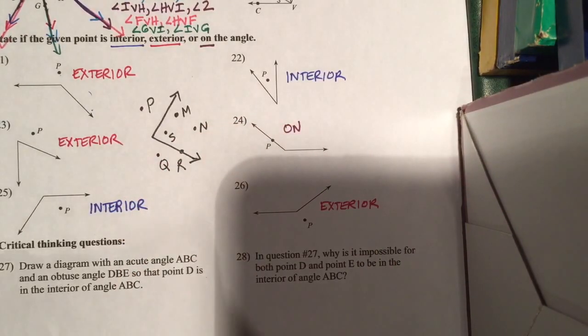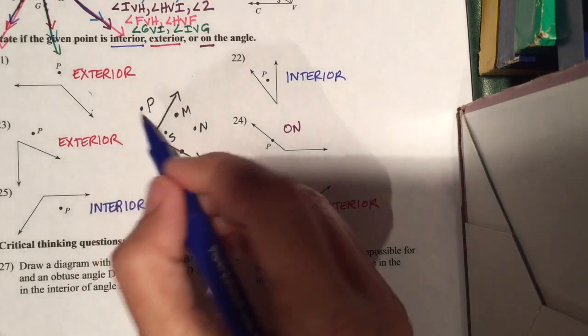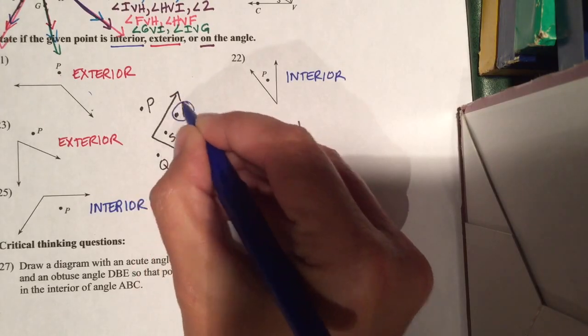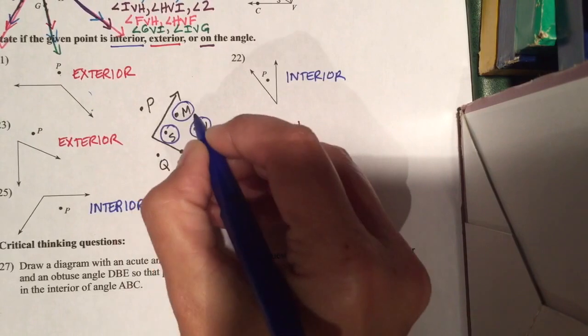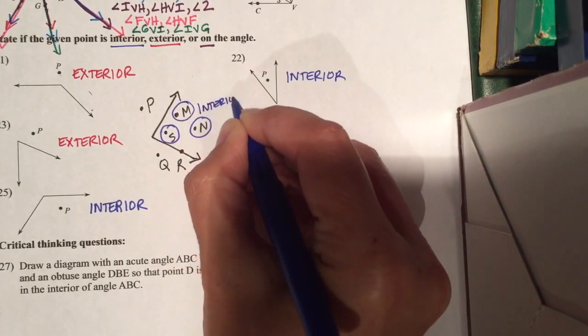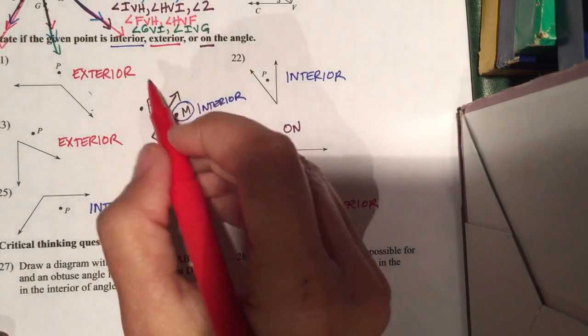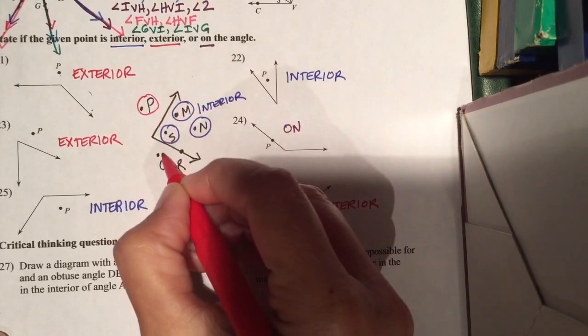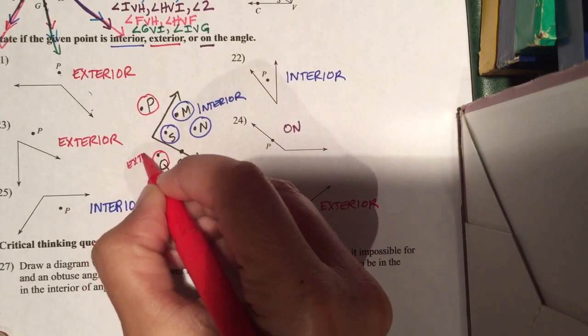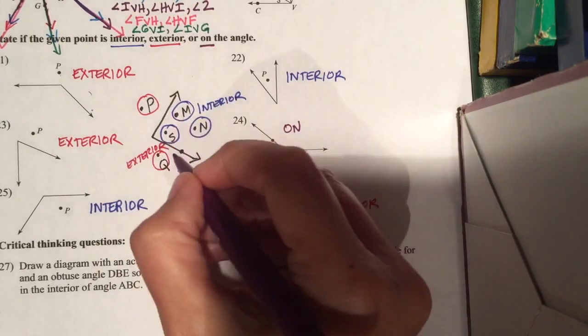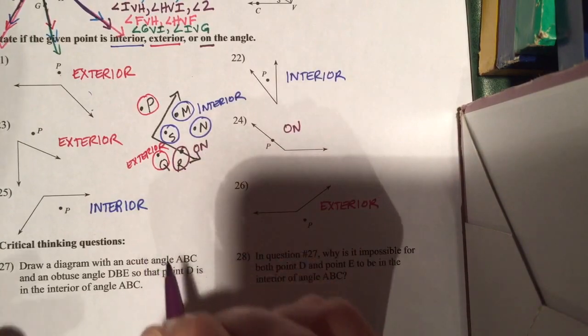All right. Okay. So let's classify these based on what we just talked about. All right, the first one, let's look at interior. If I'm looking at this angle right here, M, N, and S are all in the interior. Does that make sense? They're all in the interior. Okay, let's look at the exterior. Again, the black angle is what I'm looking at. P and Q are in the exterior. And then point R is considered on the angle. So that maybe that'll give you a little bit of a